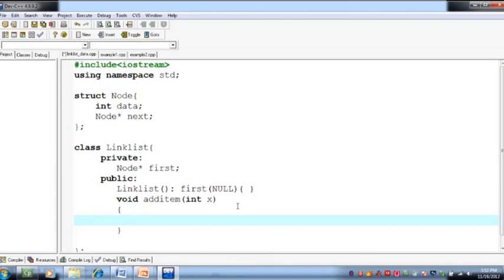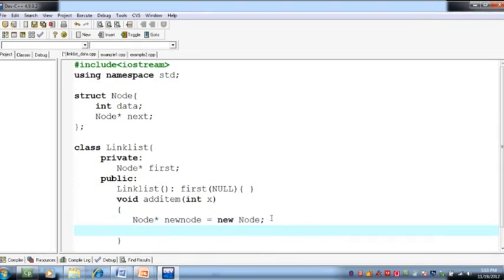Okay. Now we have to create a new node. So node type का एक नया नोड क्रिएट करेंगे, and whose address is stored in a new node pointer. So एक न्यू नोड पॉइंटर ले लिया है और एक नया नोड क्रिएट किया हमने, ठीक है। So new node, एक नया नोड ये क्रिएट करेगा and it will return a memory address, and that memory address will be stored in this pointer, ठीक है, इस पॉइंटर में स्टोर हो जाएगा,